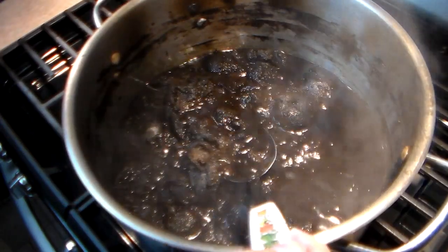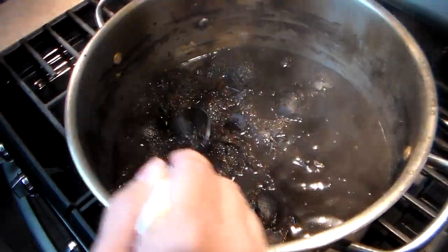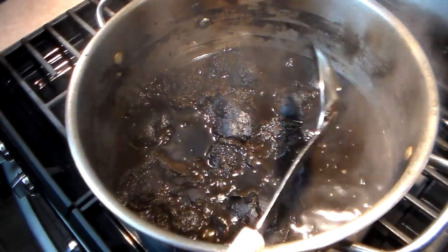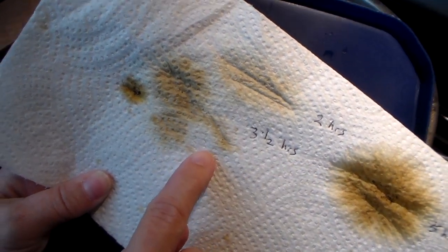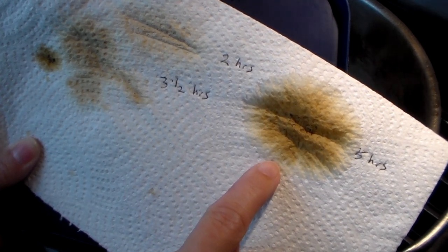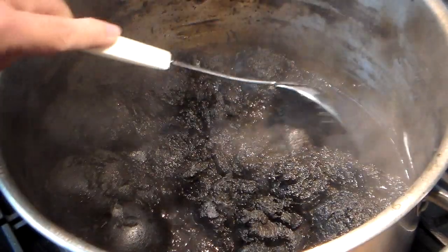After about 5 hours of cooking, I've been able to get a lot of the husks off of the nuts. But you want to be very careful here that you don't get any dye on your clothing or your hands or the countertops because it will stain. I took another sample at 3.5 hours and at 5 hours, and as you can see, it's getting darker the longer it cooks. It's now been simmering for 7 hours, and